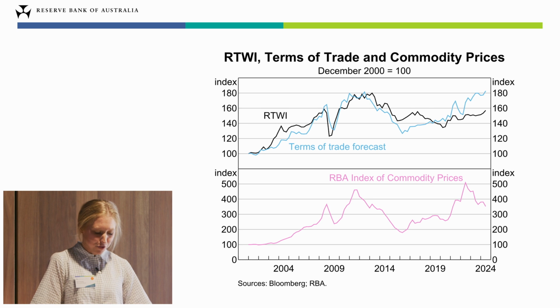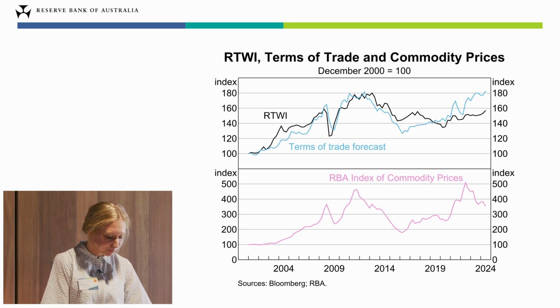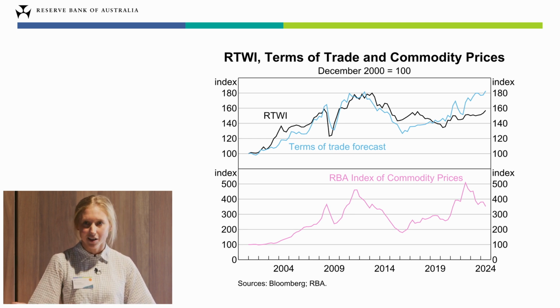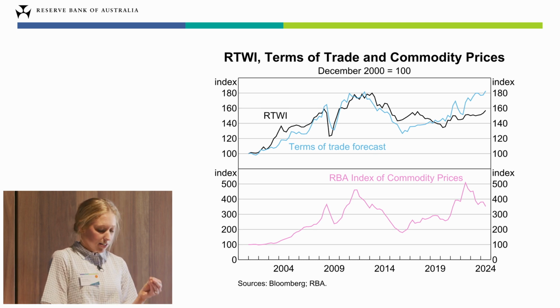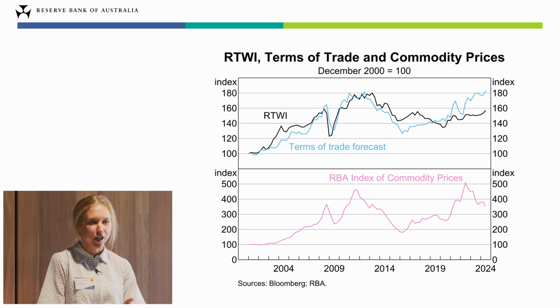Commodity prices and the terms of trade can also affect the Australian economy through investment. So when commodity prices increase, exporters might decide to invest more in Australia in order to expand their productive capacity. And they would be doing so in order to take advantage of higher export prices and make a larger profit. This increased investment tends to come from money flowing into Australia, which supports demand for the Australian dollar and can lead to an appreciation. And indeed, this is what we saw happen throughout the mining boom.